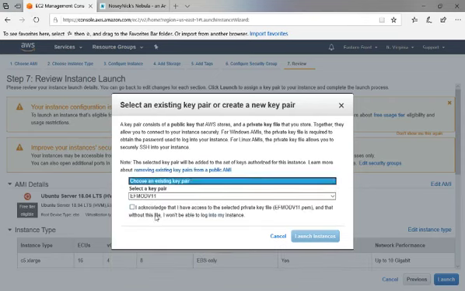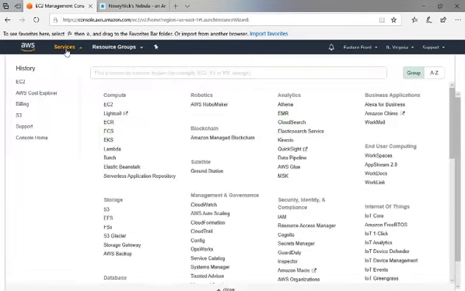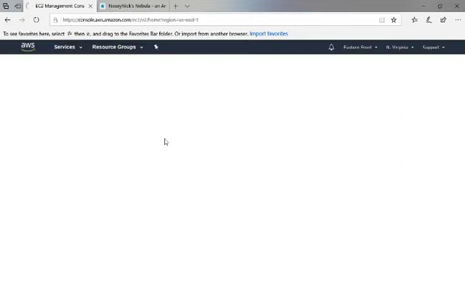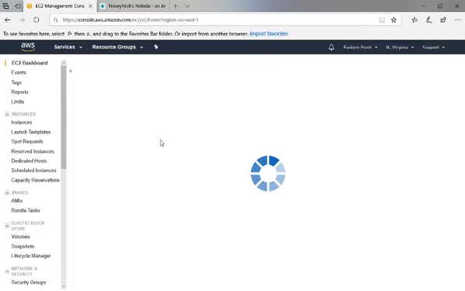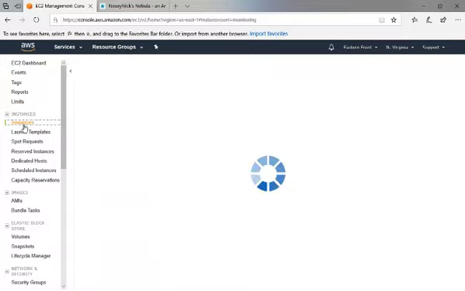So we're going to load it from the current pair that I already have. I'm also going to say I acknowledge that I've done that. Launch instance. Once it's launched, it says, okay, it's now launching. It's going to be loading up. If you go to services and you go to EC2, you're going to notice, once it finally loads and does everything, if you click instances,